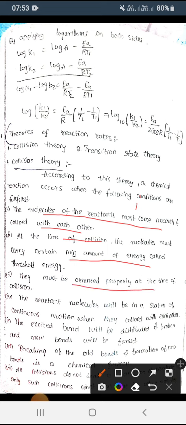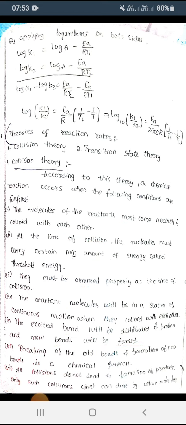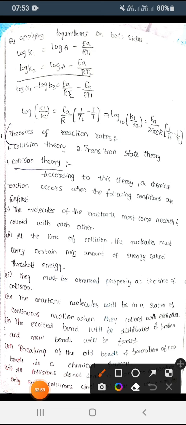The molecules must also be oriented properly, so when collision is happening, the breaking of the molecules should happen properly. The reactant molecules are in a state of continuous motion when they collide with each other. After that, the excited bond is broken and a new bond is formed, which is nothing but the product forming. By this we can say all collisions do not lead